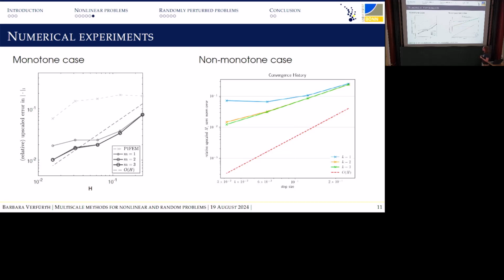The basic message here was that for some simple models that we tested, this already gave the desired convergence rate that we predicted from the theory. So this is the linear convergence, and you see that we can almost match this with this LOD type method in the monotone case as well as in the non-monotone case. Of course, if you have a more complicated non-linearity, generally I expect that things will not be that nice, but the first results were already quite promising.